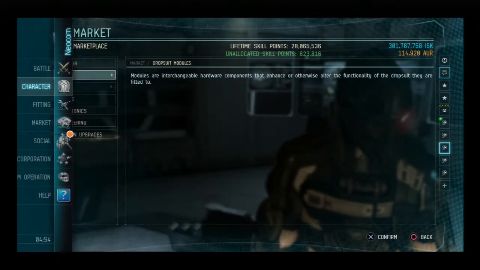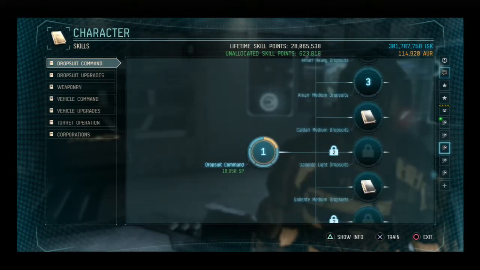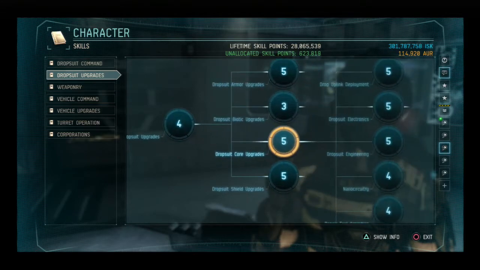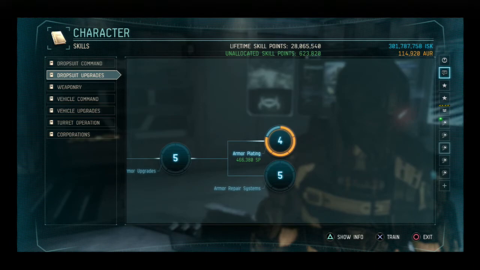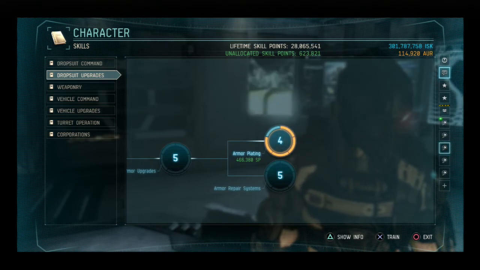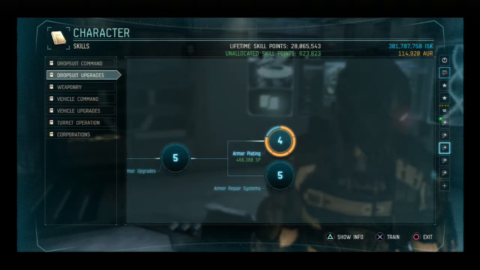Back to the skill tree. Next two important ones to talk about are the actual armor plates and armor rep upgrades. Armor plating, I only have it at 4. I see no reason to go to 5 just yet. I'm not going to equip a complex armor plate. The armor plates come with a